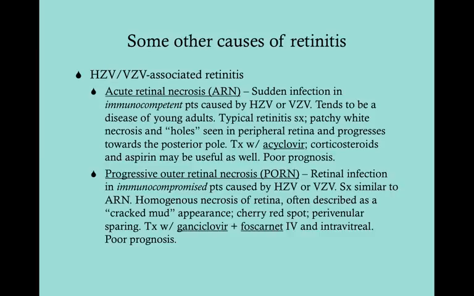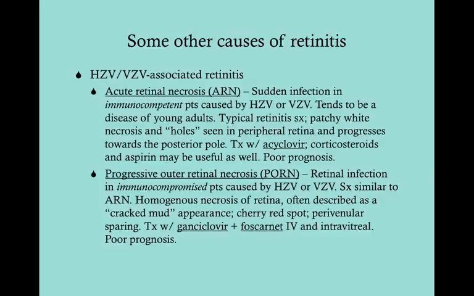Okay, so some other causes of retinitis. So these are two causes of retinitis that are associated with herpes zoster virus as well as varicella zoster virus. So the first one is acute retinal necrosis, and this is a disease of young, healthy adults. And it's caused by herpes zoster or varicella zoster, and these patients will present with acute typical retinitis symptoms, so decreased visual acuity in one or both eyes, floaters, possibly symptoms consistent with retinal detachment,